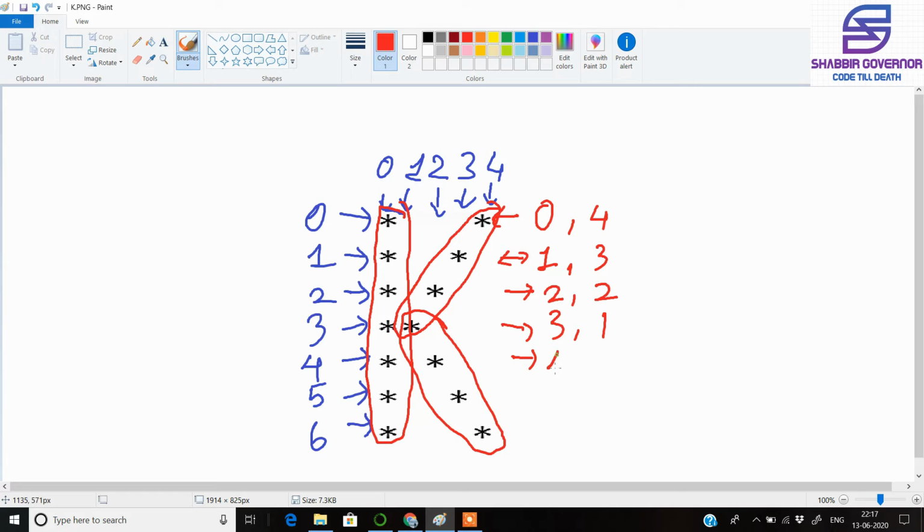And now this line starts at this position. We have the row number 4 and the column number here is 2. At this position we have row number 5 and the column number is 3, and at the last position we have the row number as 6 and the column number is 4. So we need to write such kind of logic so that all this logic for the row and the column will be fulfilled. So let's start by first writing two for loops which will replicate the rows and columns, and then I will tell you about the logic of this code too.